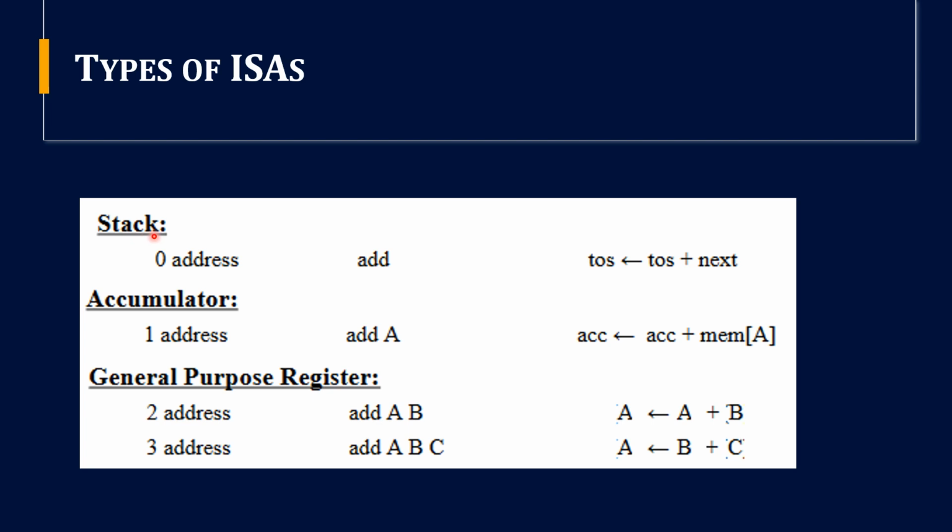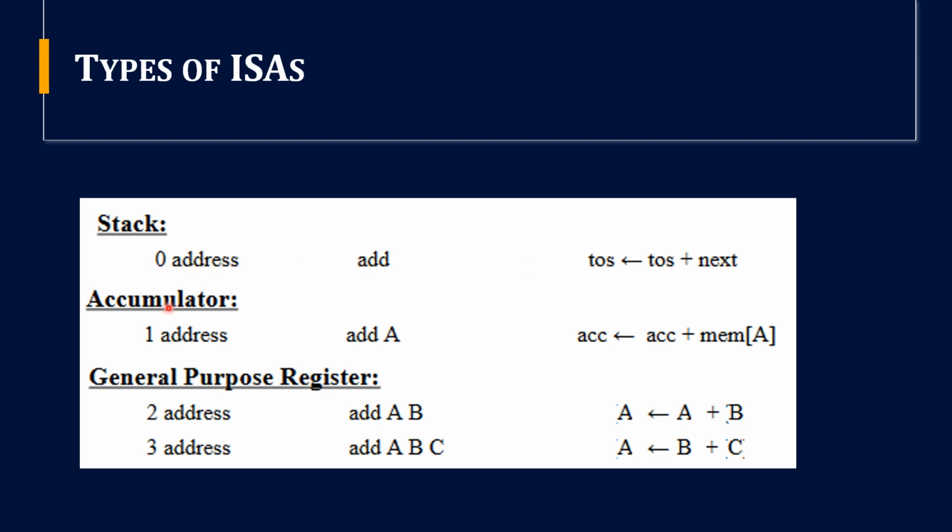So, in the case of stack, the operands are implicitly on the top of the stack. Okay, if you give the add instruction, it takes the top two elements and adds them, and the result will be stored on the top of the stack. So, this actually happens when we give a particular instruction using this stack ISA. So here we are giving no addresses for the operands. The operands are implicitly on the top of the stack, and so it is called a zero address instruction.